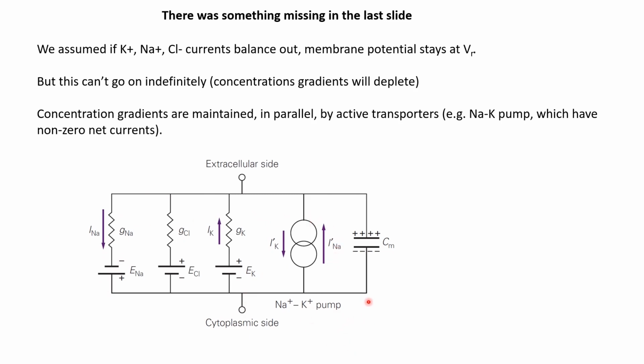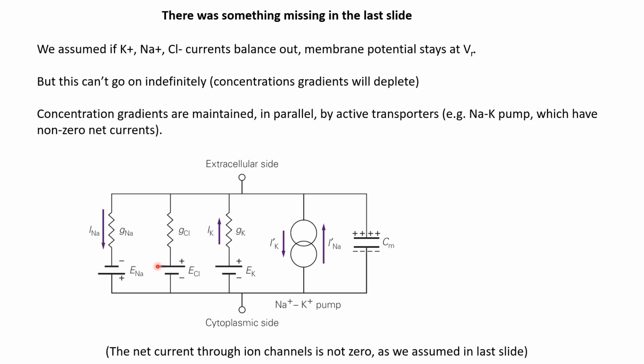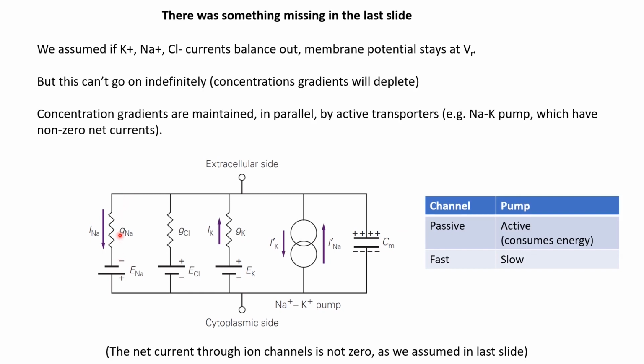Now it's slightly difficult to incorporate the pumps in the same expression that we obtained earlier, because unlike these ion channels, which can be thought of as passive elements whose currents are simply dependent on the voltage difference, the exchange pumps are not passive. They are consuming energy and then they are generating currents, and they do it depending on the need. So the pumps may not be active all the time. The amount of current flowing through the pumps will depend on the requirements. So the final expression for the membrane potential, taking into account all types of channels and pumps, is given by